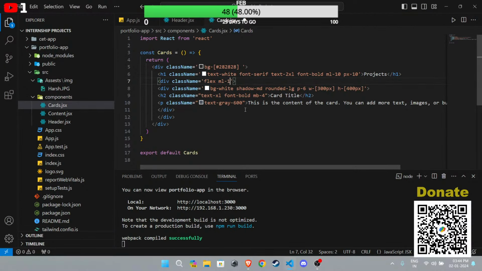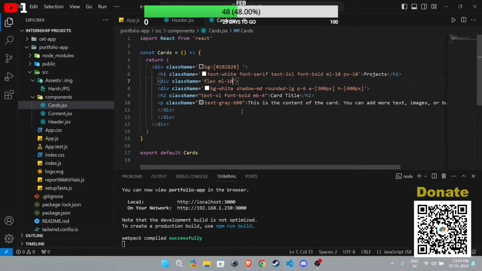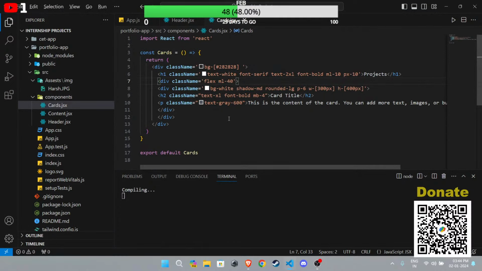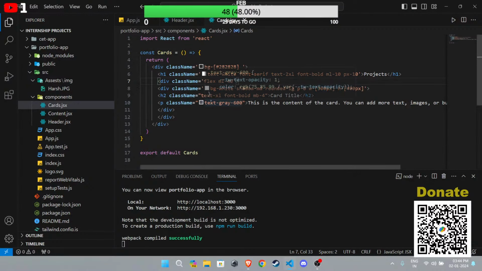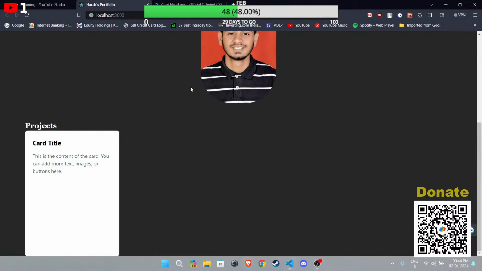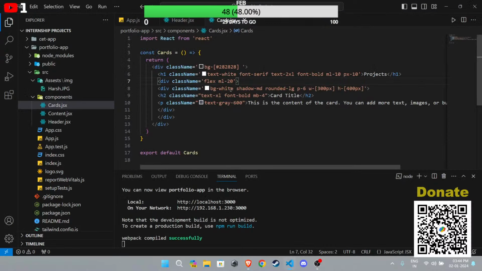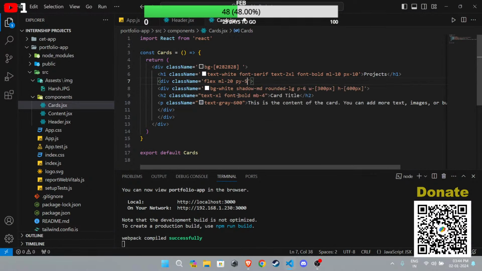10px won't work because, of course it won't work. Now it will, because 10px is too low. I have to put it like 40 or something like that. No, it's not looking good. So 30 is better. It doesn't support 30. I can move till 20. Now what I need to do next is padding from the y-axis, which will be 5,